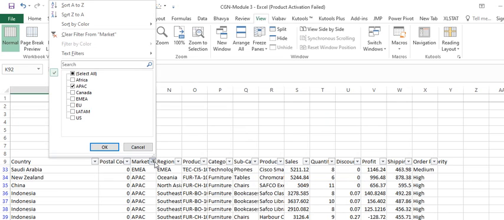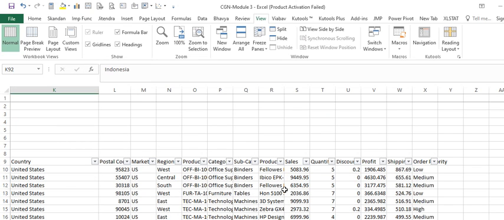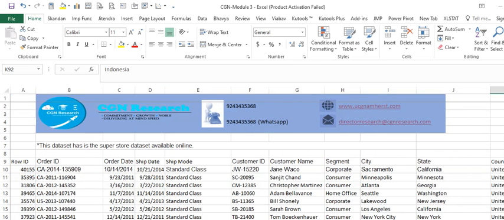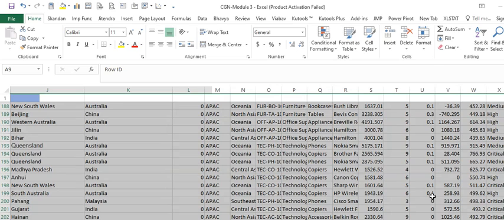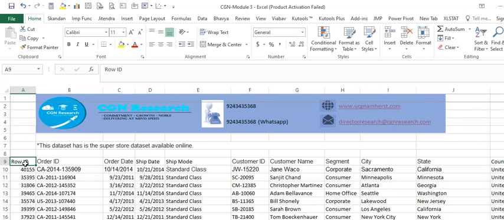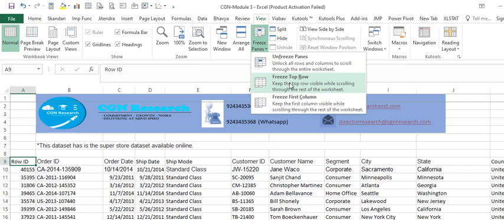So I will just remove this filter and get all the records back, and then let me also go back and remove the filter so that the filter does not affect any of our freezing. So now I'm going to select the whole thing. Let me get to the first cell of the data, position it there, and then go to Freeze Panes, and freeze the top row.